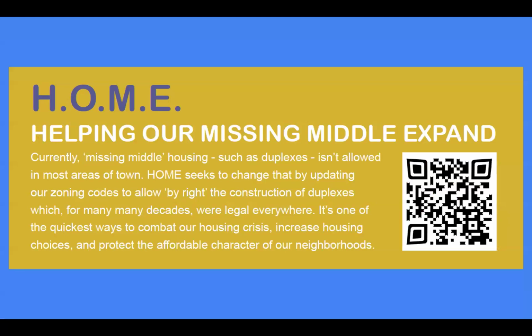So some of the ways that Knoxville is doing this is that we currently have 5 different campaigns going on. I'll hit on 3 of them here. In terms of moving people closer together, we have our home campaign, which is helping our missing middle expand. Right now, in I think any zone except maybe RN1, you're allowed to build a duplex, but you have to get special approval. What this is doing is trying to change our codes to allow it by right so that no neighborhood can prevent a duplex from being built. Because if every plot of land in our city could allow a duplex, that immediately doubles the potential of housing in the city, which will not only help the housing crisis, but help the climate crisis.